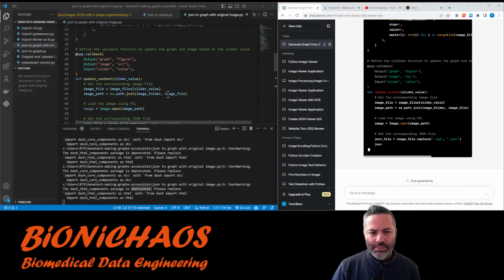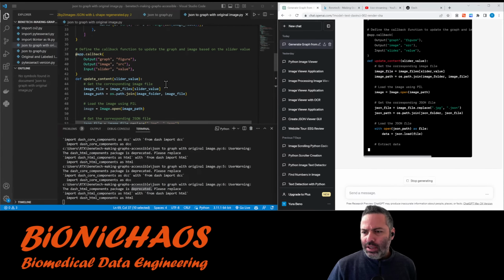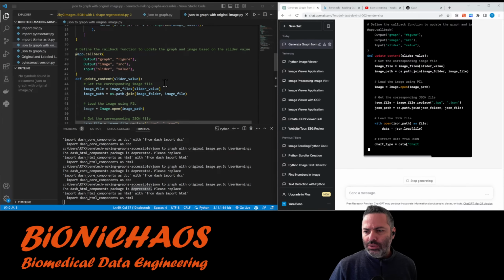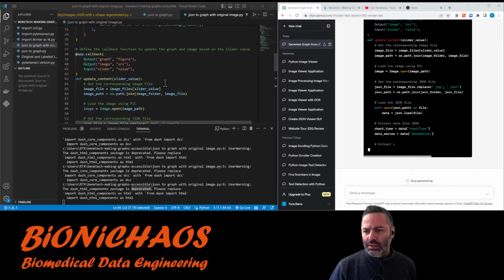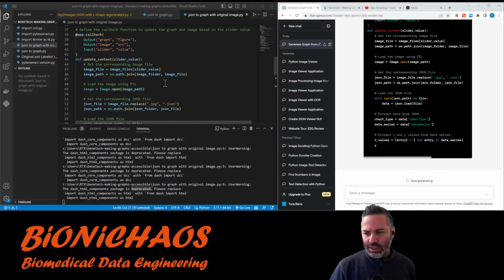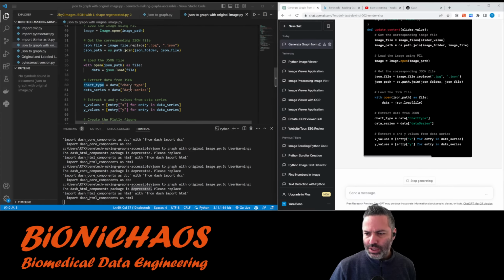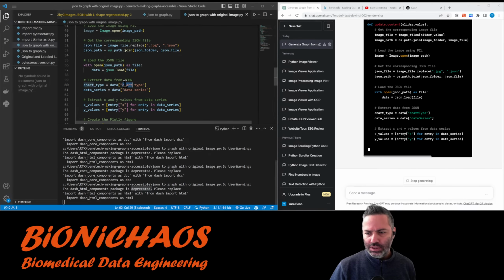okay, that's the same. Image open, get the corresponding image file, load the image using PIL, get the JSON file, load the JSON file, extract data from JSON. Right, so extract data from JSON. We'll change the